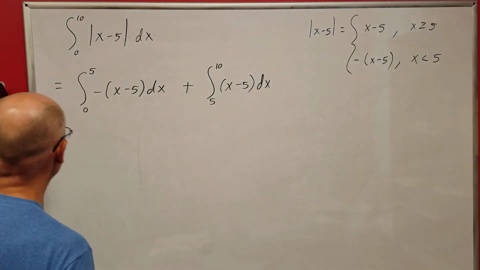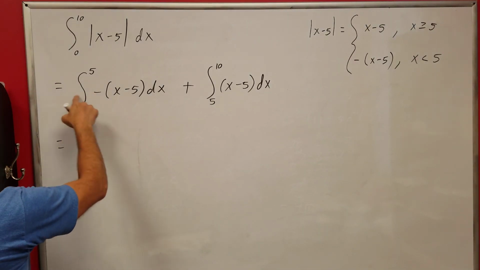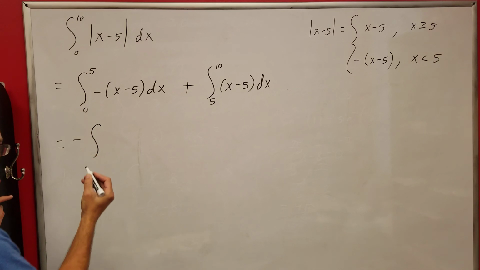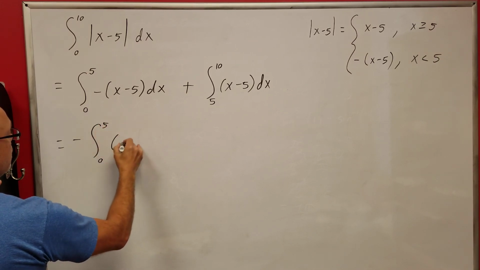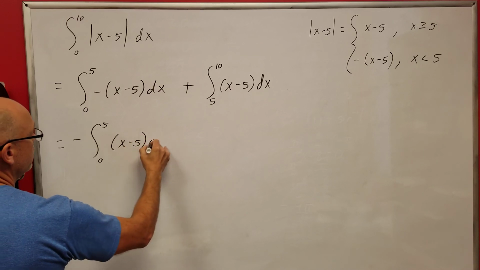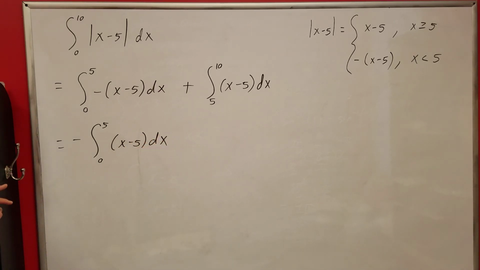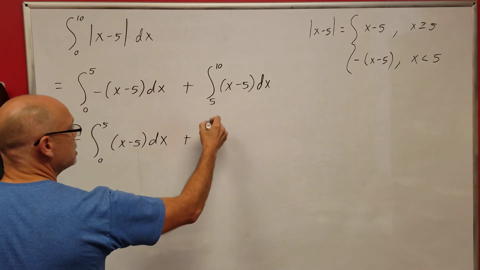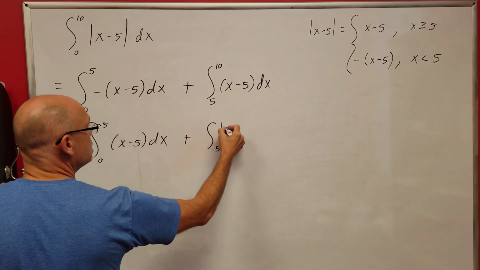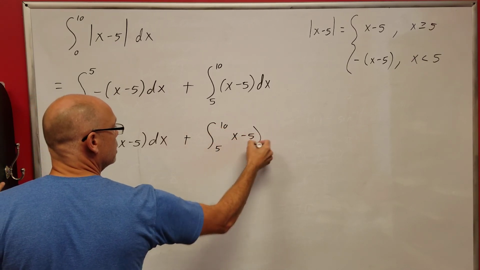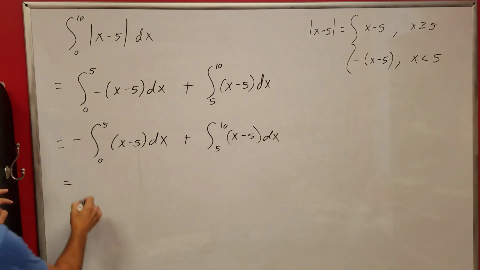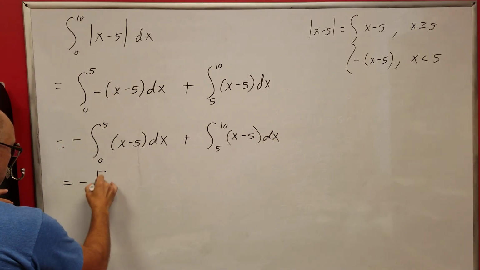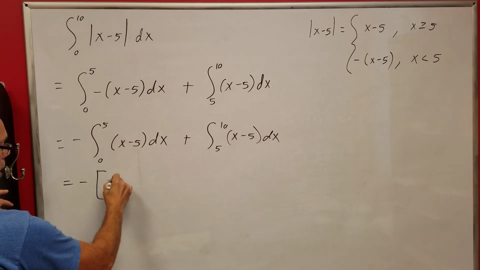Same thing with this. All right, I'm going to factor this negative to the outside. You don't have to, but I like to. So I have the integral from 0 to 5 of x minus 5 dx. Plus this integral from 5 to 10 of x minus 5 dx. All right, so let's take some antiderivatives. So I have a negative here. And if I take an antiderivative, I have x squared